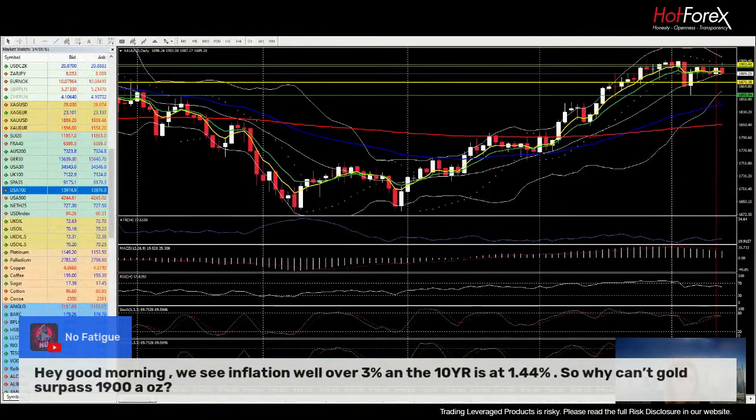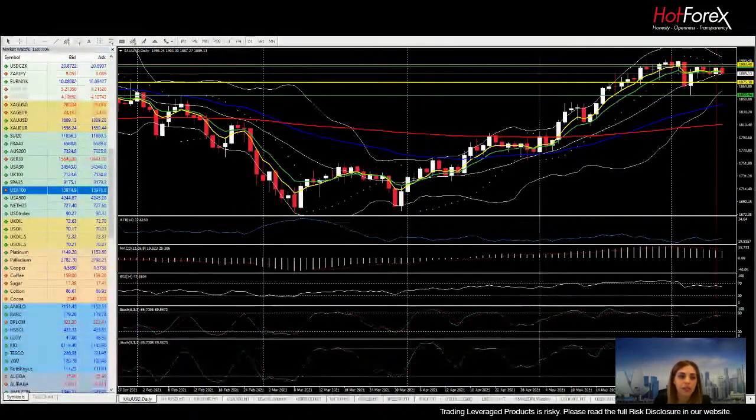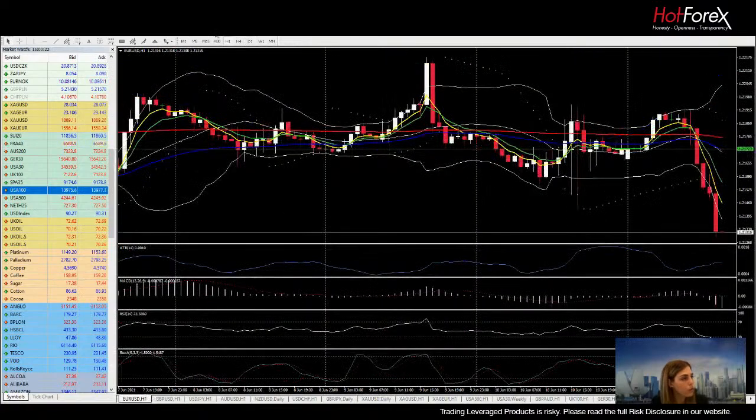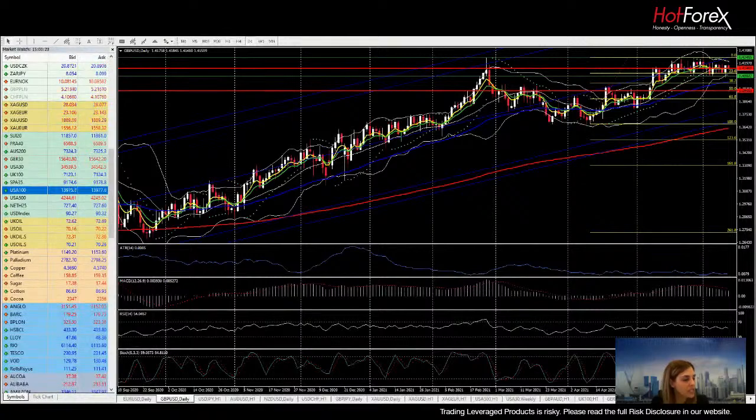Also, something else that I would like to show you. Okay, you're saying that it's been struggling and you don't understand why. Everything is struggling. You see, we have range-bound markets, ranges all over the place. If you put the daily charts on USA 500, the Nasdaq, Dow Jones, gold, silver, euro, dollar, if you just stick to the daily charts, you'll see that there was a lot of uncertainty